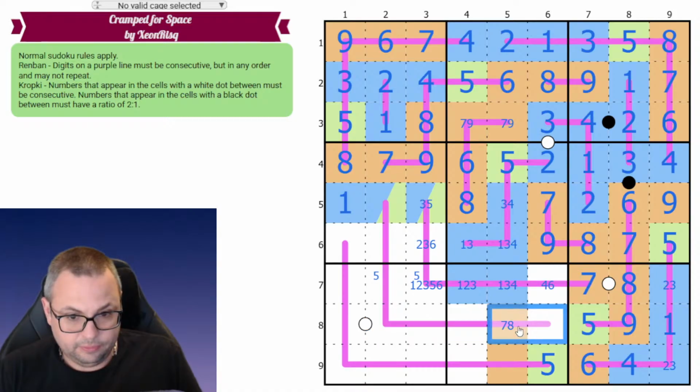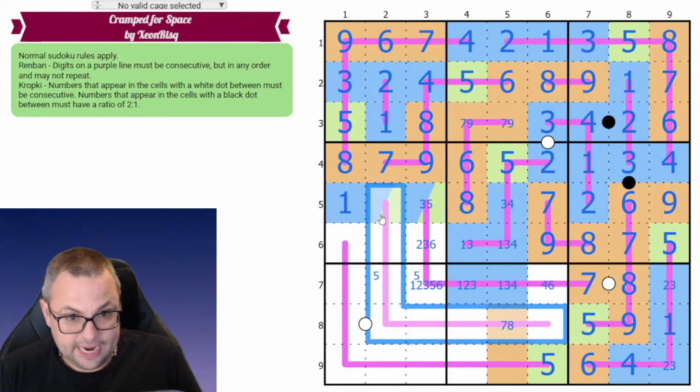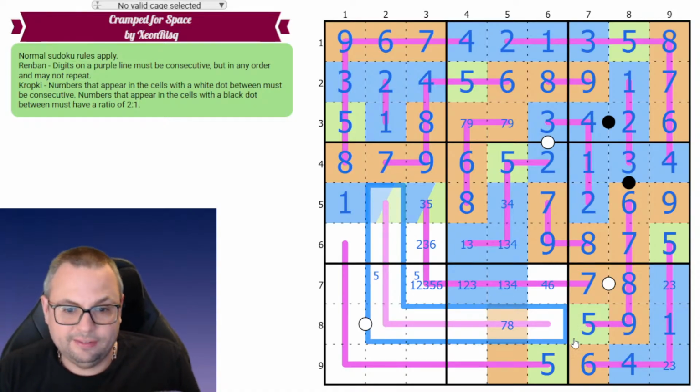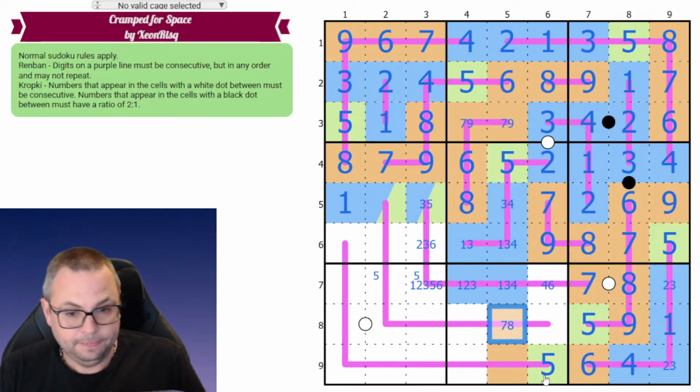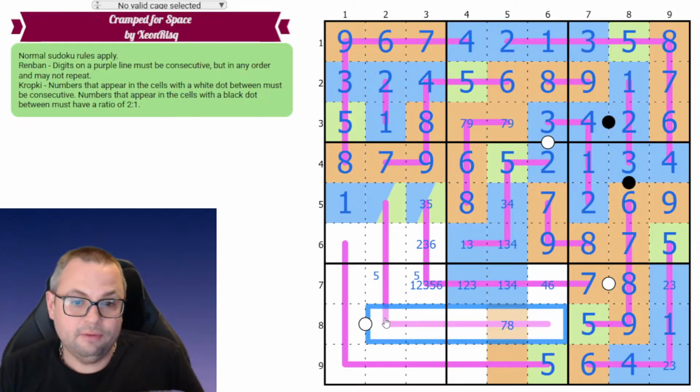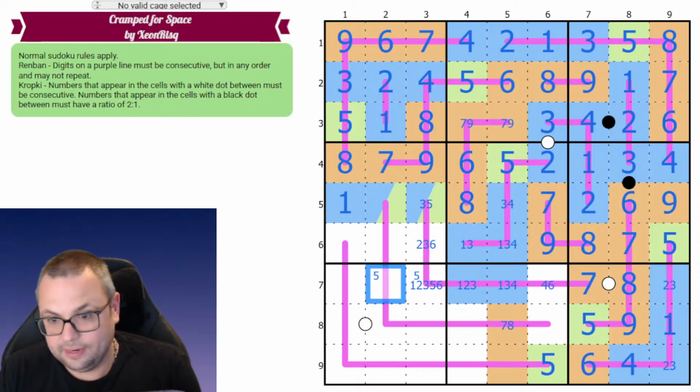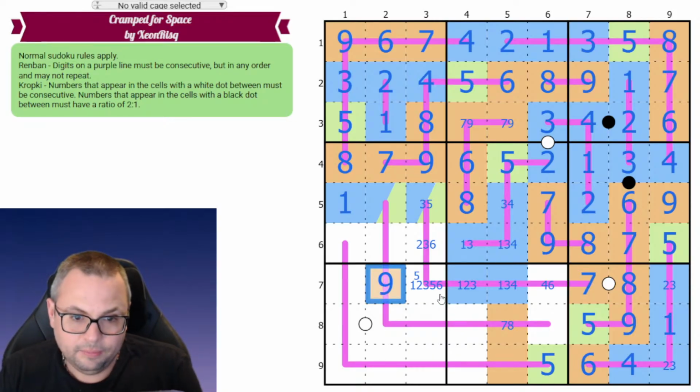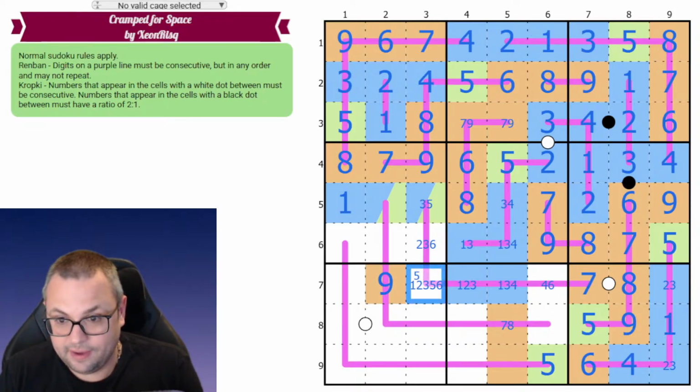Yeah, this Renban is 1, 2, 3, 4, 5, 6, 7, 8. So this is everything except 1, which is good because 1 is the thing it can't have. Yes, the 9 on it is placed, Tallcat points out. The 9 on it is here, which is very handy because it places that 5,